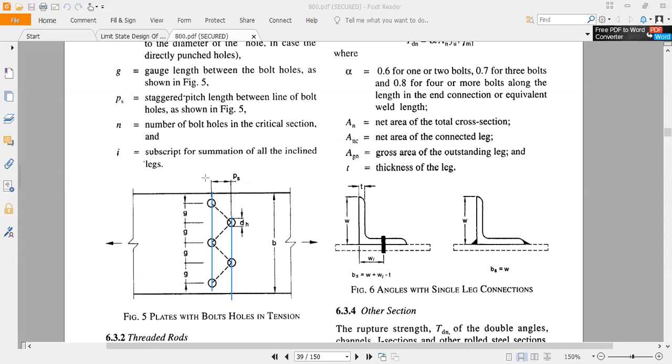Now here, what we have to do? We have to do some trial and error. Okay, we have to do some trials. In those trials, we have to assume that this line will be the critical one. So this is the first line. Then you can imagine that this line will be the critical one. So failure will be like this.